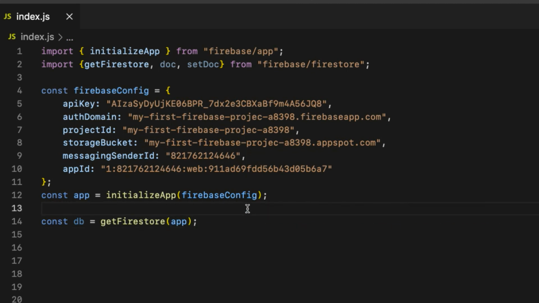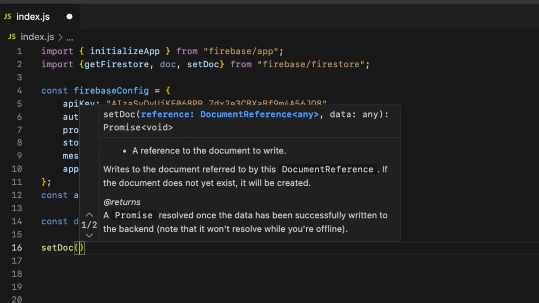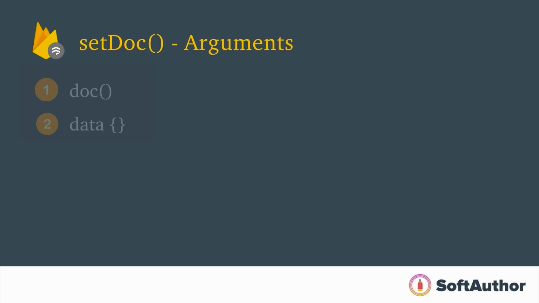Once we have initialized the Firestore, the third step is to actually make a query to the Cloud Firestore using the setDoc method. Let's declare it, setDoc, opening and closing parentheses. This setDoc method will take two arguments. The first one is the doc method as an argument, and the second argument is actual data.